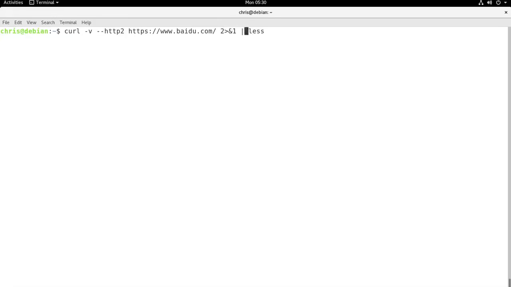Without putting standard error into standard out, we wouldn't be able to see the information that curl is going to give us about the handshake stuff. When we curl verbosely, we get the TLS handshake information and all that connection errata in standard error. So if we didn't put it into standard out, it would fly by and wouldn't get caught by the less command. So that's just a little shorthand to combine standard error and standard out.